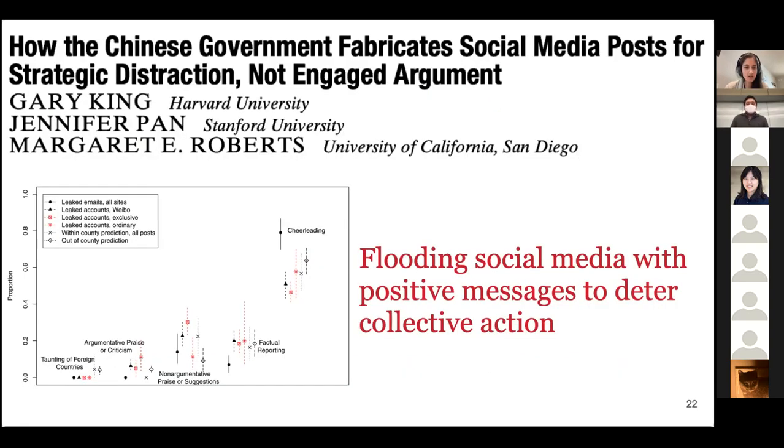And a similar example was work done by a group of political scientists, and they analyzed a corpus of leaked email archives, which detailed social media posts that were made by government employees in China. And these were posts that were made as part of these employees' jobs. So they're sort of state-sponsored social media posts. And what they found in analyzing these posts was that many of them contained generic positive messaging. So things like motivational quotes, expressions of patriotism, and that these posts were largely timed around events like anniversaries of protests. So this was presumably a way of distracting from and disincentivizing collective action, but through positive messaging.